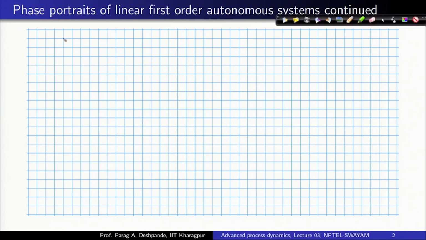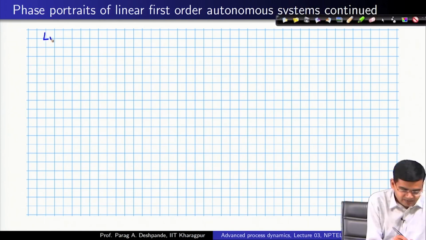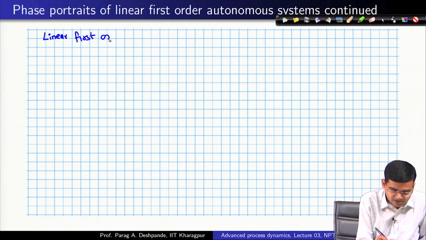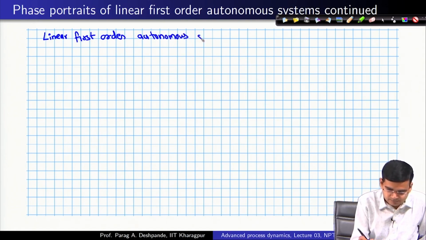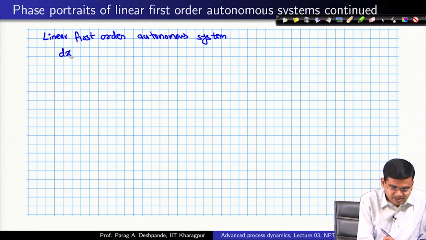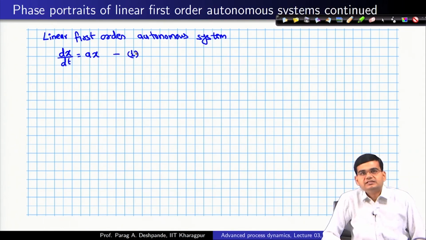in the previous lecture. So, linear first order autonomous system. The simplest example for this would be dx by dt is equal to a x, and we saw that in fact for a liquid level problem this is one of